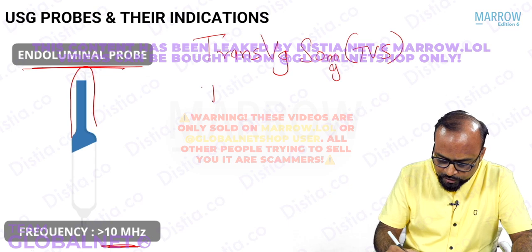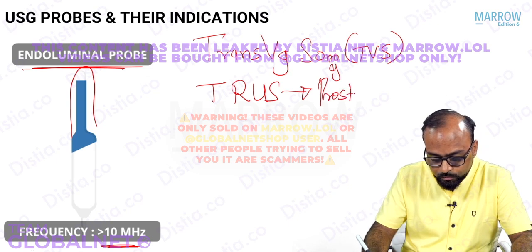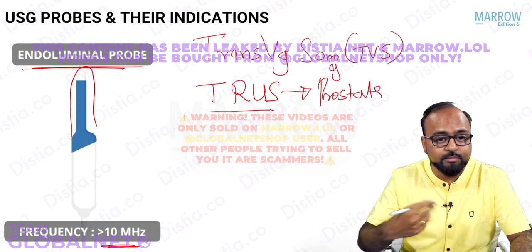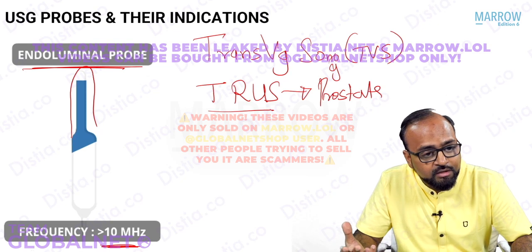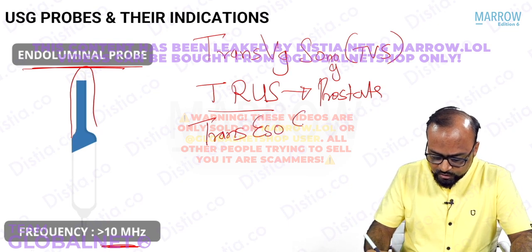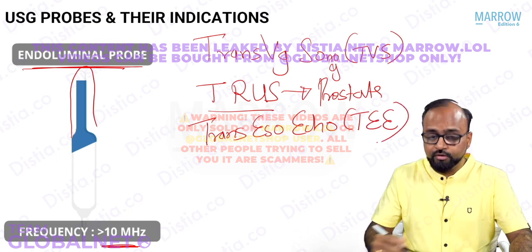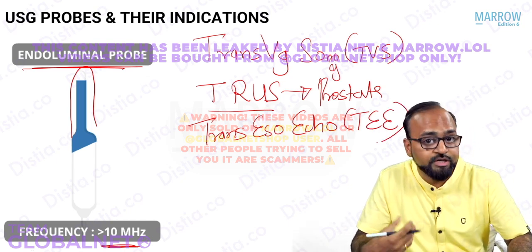It is used for transrectal ultrasound. Transrectal ultrasound is used for evaluation of prostate. Transrectal ultrasound guided prostate biopsies can also be done. A similar thinner probe is used for transesophageal echocardiography, which is more sensitive for assessment of prosthetic valves,